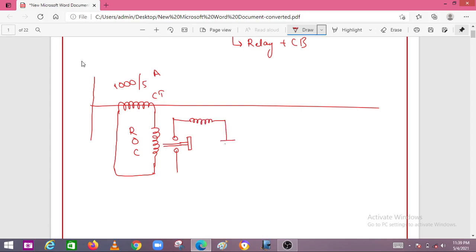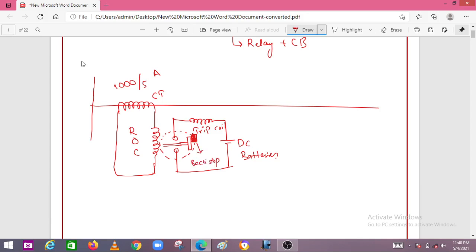This is operated by using a battery, DC batteries, battery in the sense DC. This is called a trip coil. And there may be a backstop. Here there will be a backstop to protect the plunger, to stop the plunger up to a certain value. This backstop can be adjustable based on the timing of the relay. So this is called the backstop.